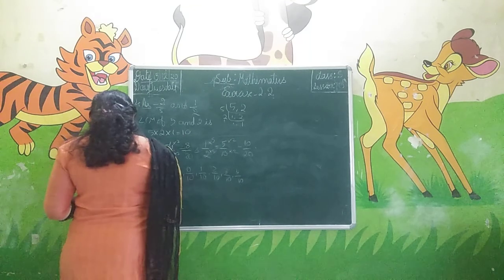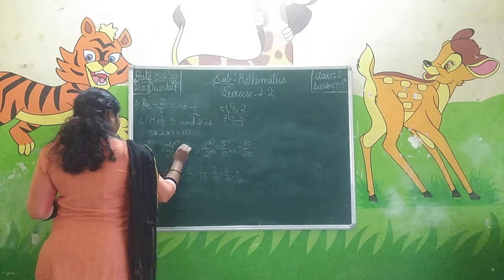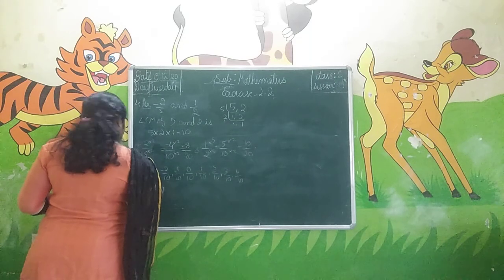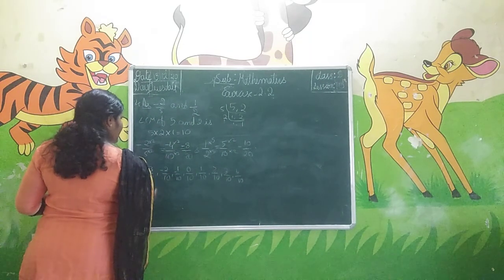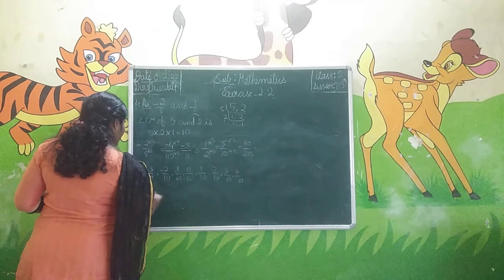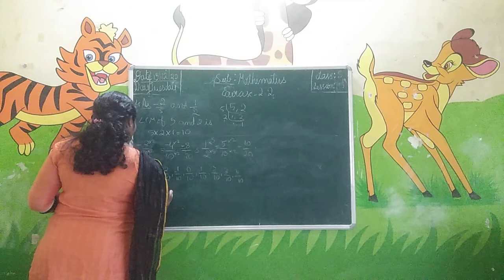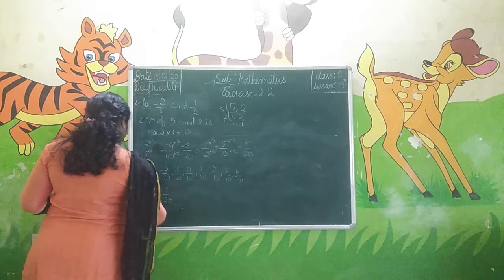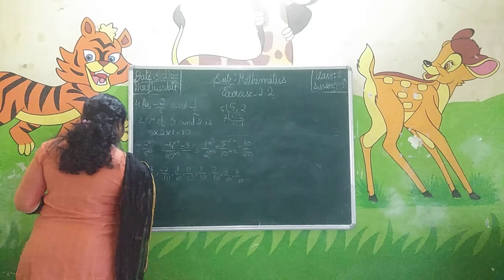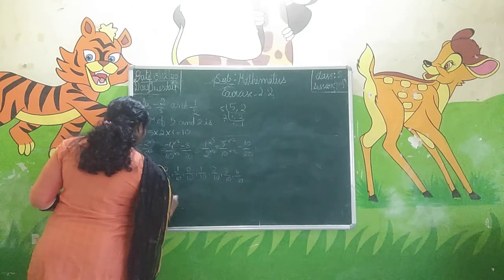So the rational numbers are from minus 8 by 20, comma minus 7 by 20. Okay, we have to take from minus 7 itself. Minus 7 by 20, comma minus 6 by 20,